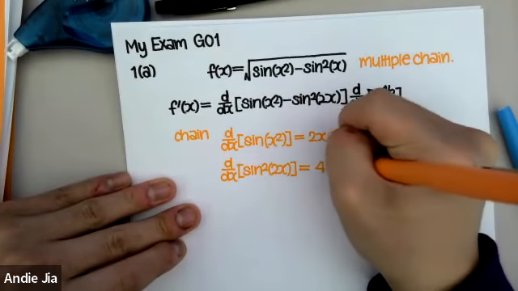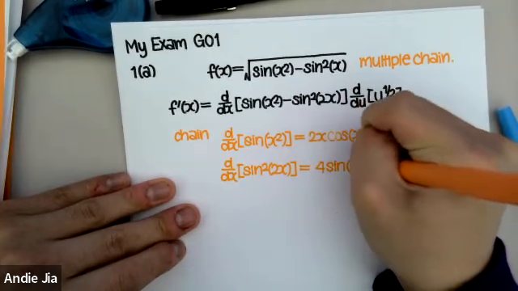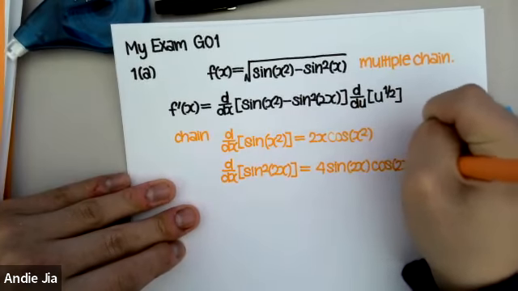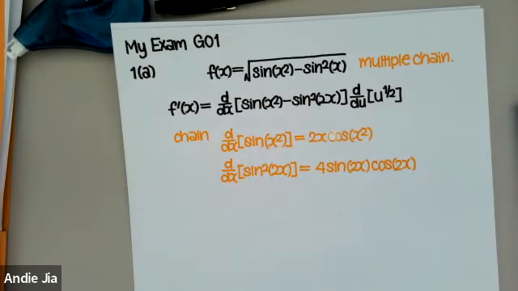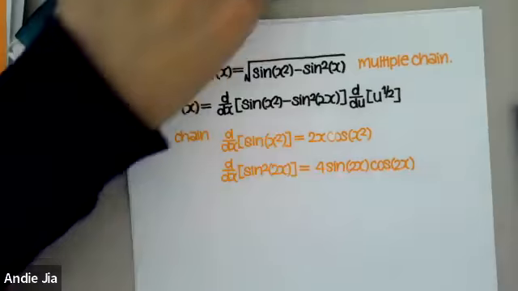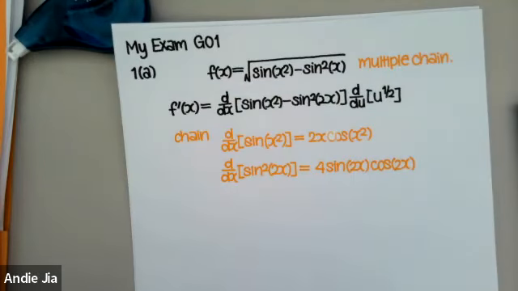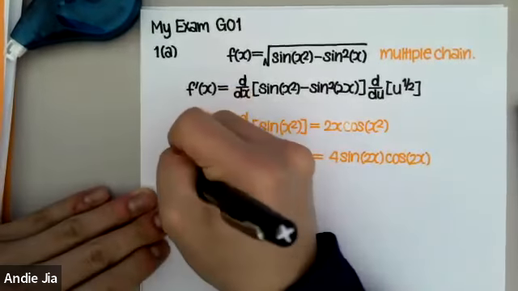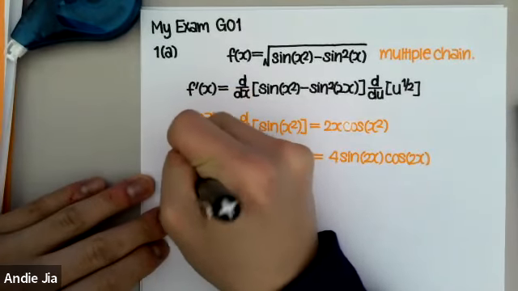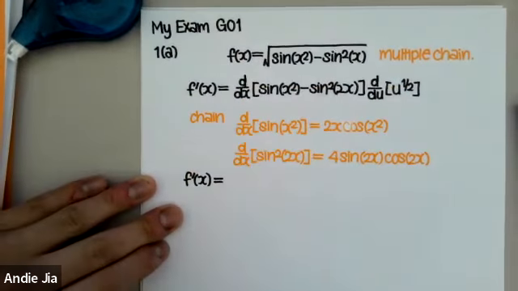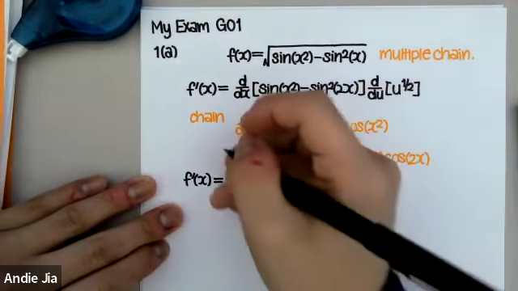4 sine of 2x cosine 2x. Wow, this is complicated, right? And then back to the main function here again. So f prime of x is gonna be this minus this, so it's gonna be